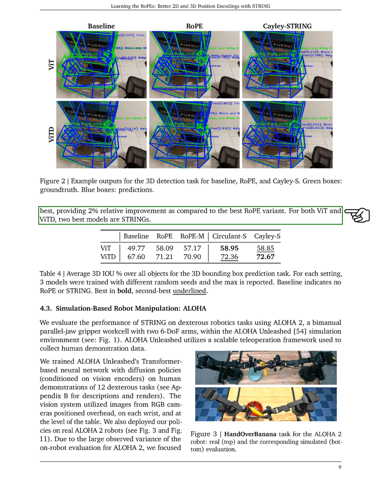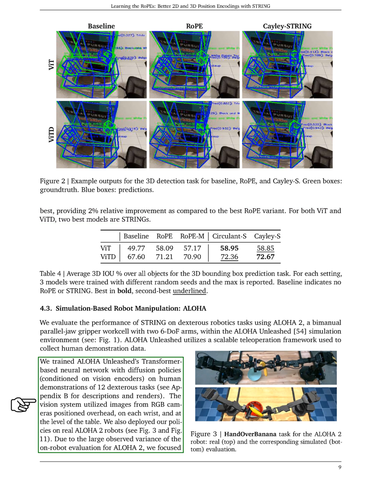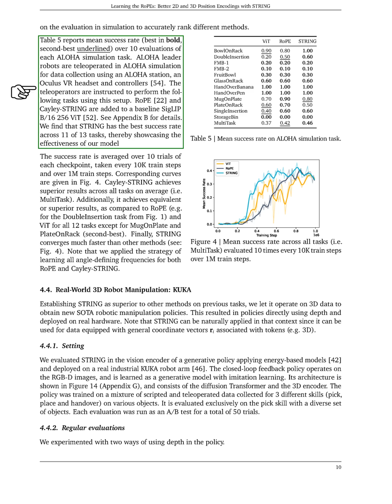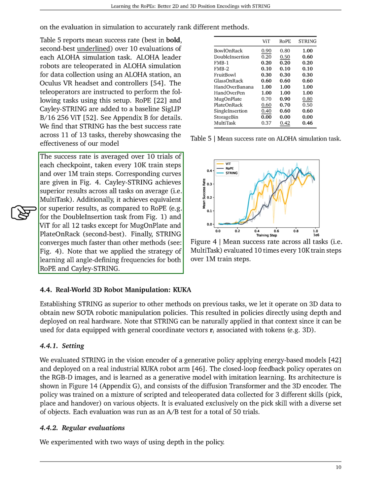Lastly, we evaluated STRING's performance on dexterous robotics tasks using ALOHA 2, a bimanual gripper setup in the ALOHA Unleashed simulation environment. We trained a transformer-based neural network with diffusion policies on human demonstrations of 12 tasks, utilizing images from various camera positions. Our results, summarized in a table, show that STRING achieved the highest success rate across 11 out of 13 tasks, demonstrating its effectiveness. Cayley STRING consistently outperformed other methods, achieving superior results on average and converging faster than the